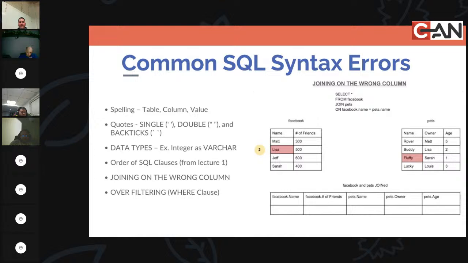Over-filtering on the where clause. Maybe I removed something I didn't intend to, and then maybe after I'm trying to create another view and join something else, and now it's not joining appropriately. And then within that where clause, maybe I'm not formatting the date properly. That's pretty common. So if I'm trying to where between January 1st, 2022 and July 1st of 2023, you've got the 4-digit year, but where it can get confusing is the month and then the day, right? So if I did 01-01,